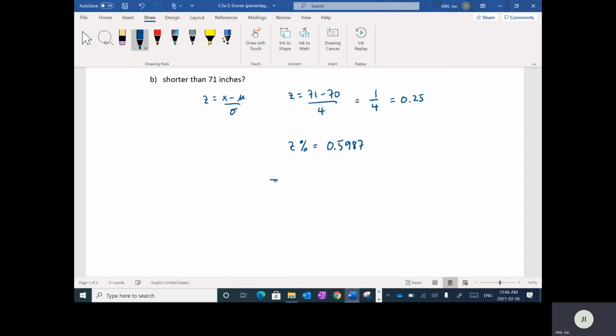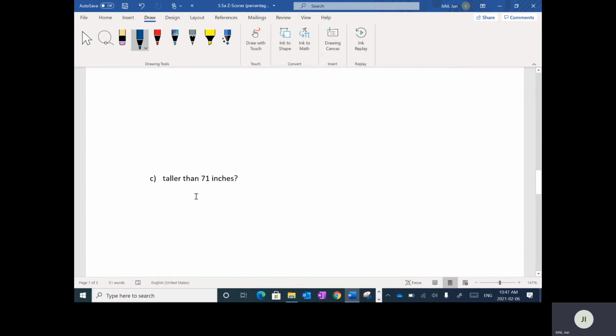This means that 59.87% is shorter than 71 inches. Again, the Z percentage is always to the left of that Z score. So if that's the case, for 71 inches, if I want to figure out what percentage is taller than 71 inches,